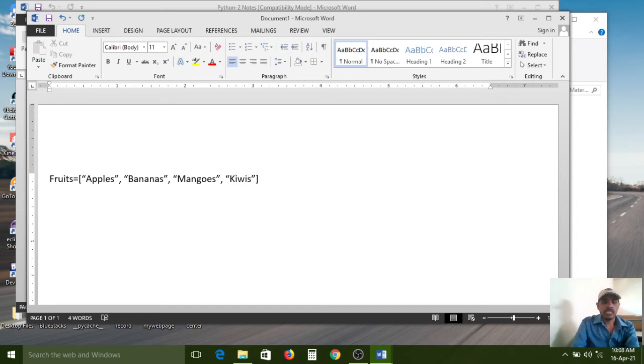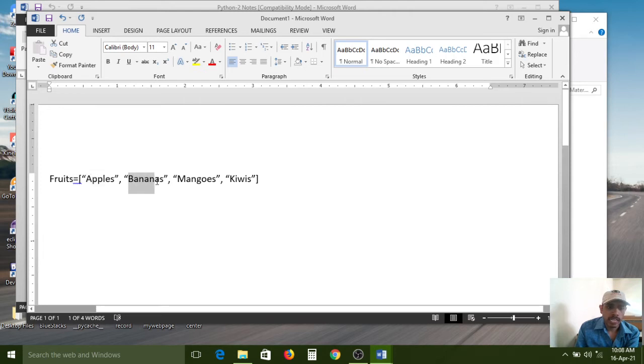So in my fruits list I have added 4 elements. The first one is apples, the second is bananas, the third is mangoes, and the fourth is kiwis. All these elements are stored in this fruits list.